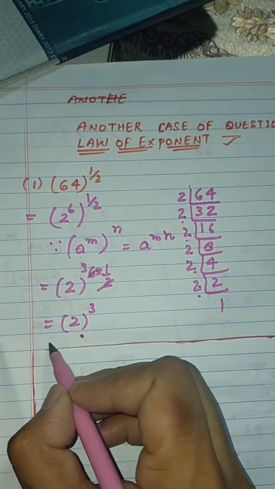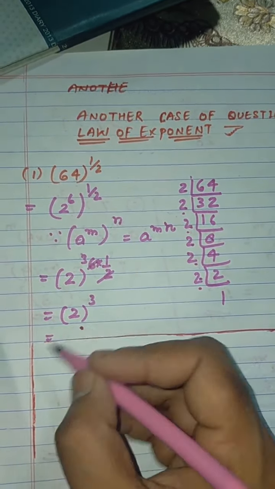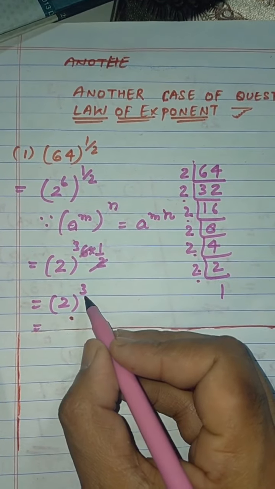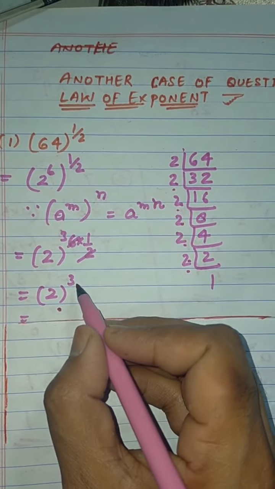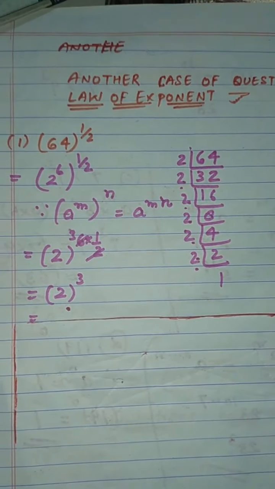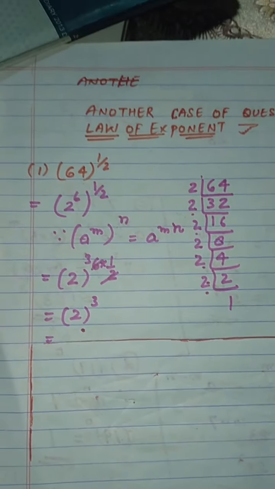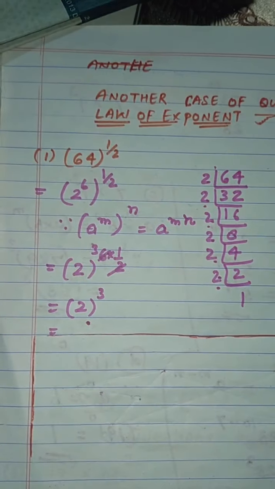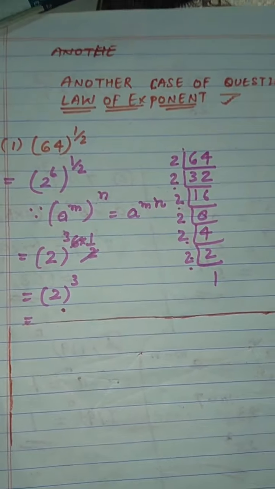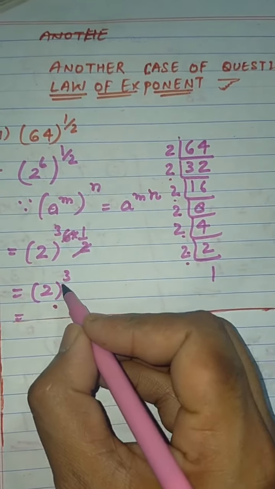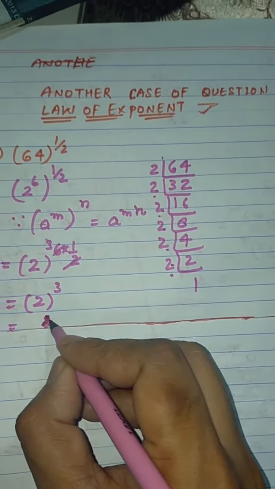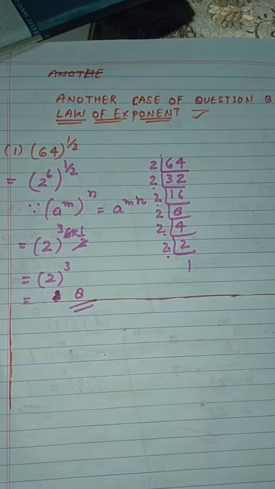If it is required, you can expand 2 to the power 3, if it is possible to expand it. Suppose there is a power of 31, then it is not possible to calculate 2 to the power 31 because we have to multiply 2 31 times. That is not possible, so we can leave our answer as it is. Otherwise, if it has a small power, that means a calculable power, then we can write the proper answer. Like 2 to the power 3 means 2 times 2 is 4, times 2 is 8. That means 8 is the answer. Got my point?